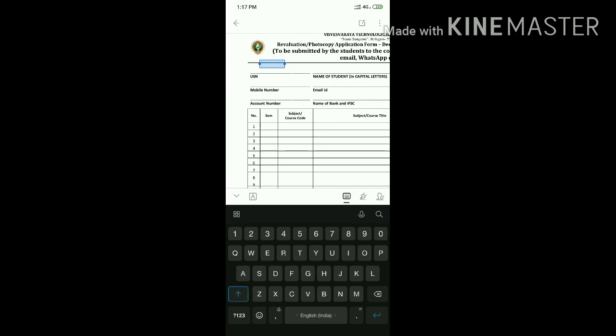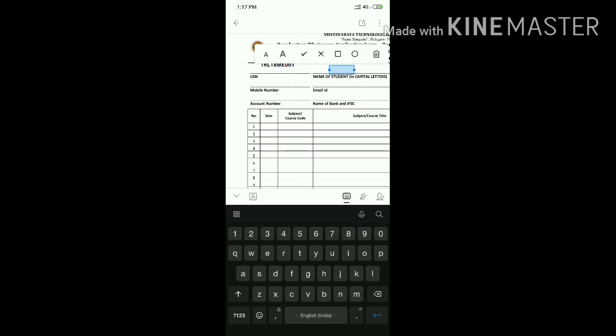Suppose they ask for the user ID, I'll give 1RL18ME001. Then the name, Vijay. If you want, you can increase or decrease the font size.